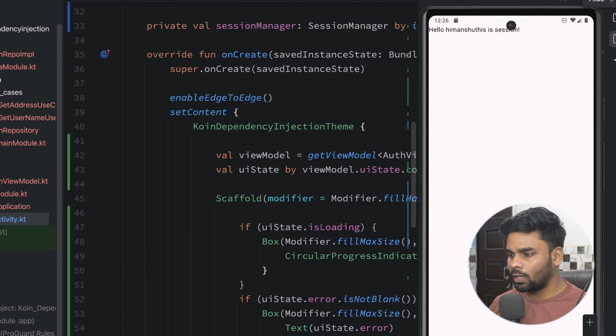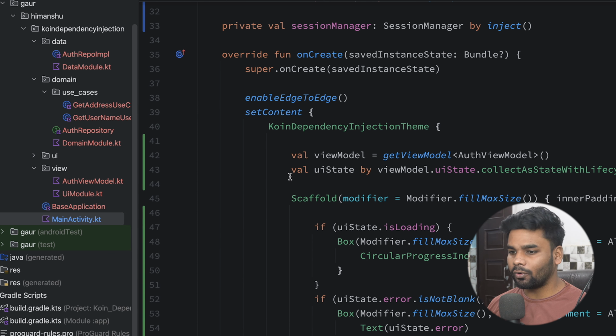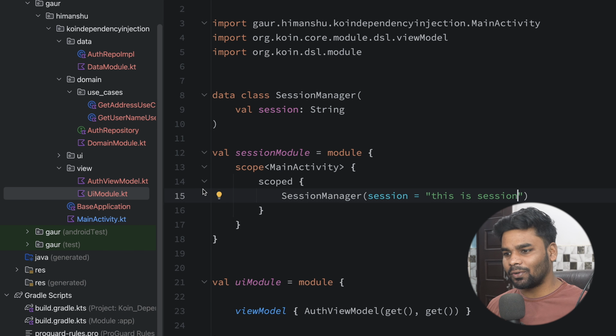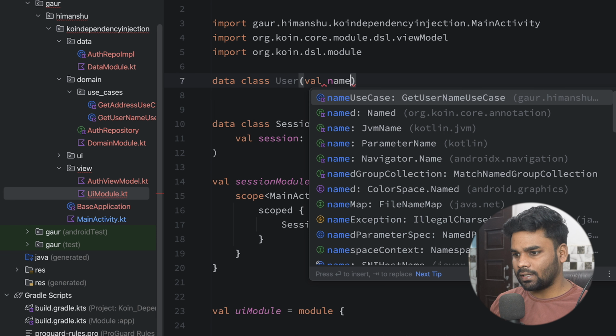Now it's time to see custom scope. Suppose you want to create a custom scope for yourself. How can you do it? Well, it's very easy. Go back to your UI module. For that, first I'm going to create one more data class, and the data class name is user, that has name,